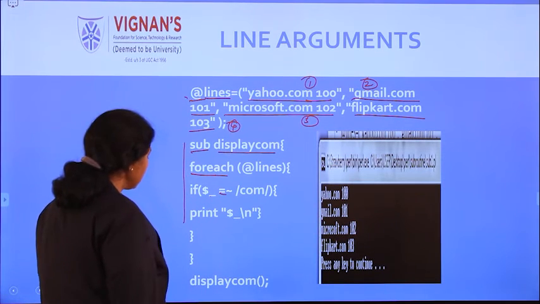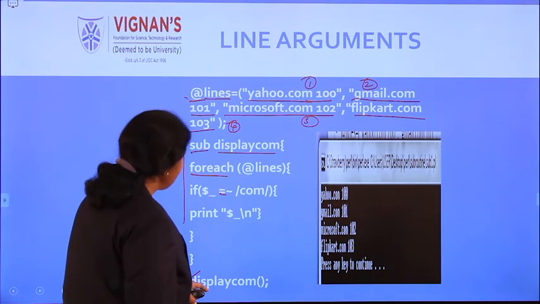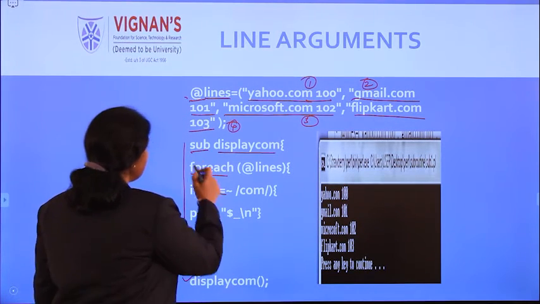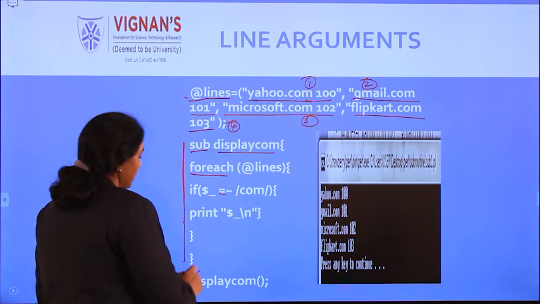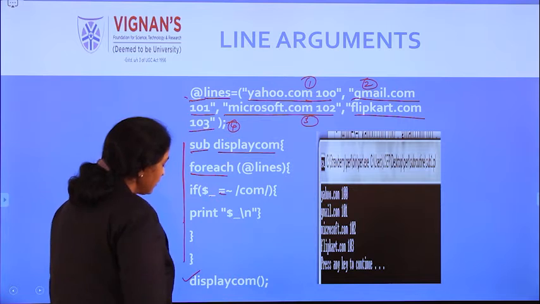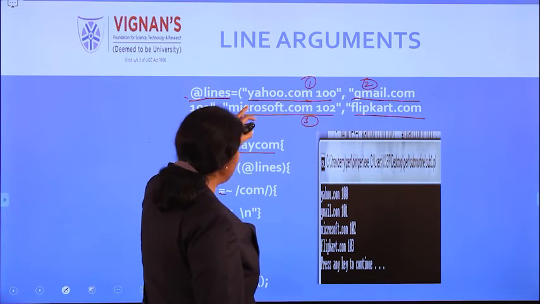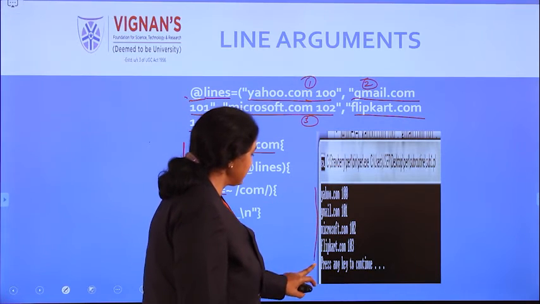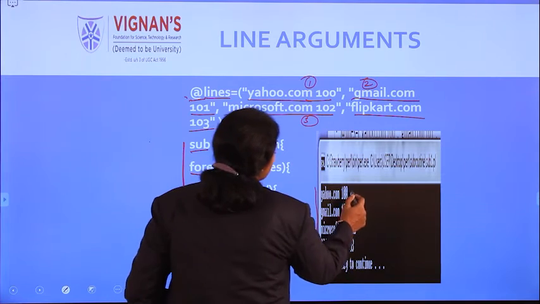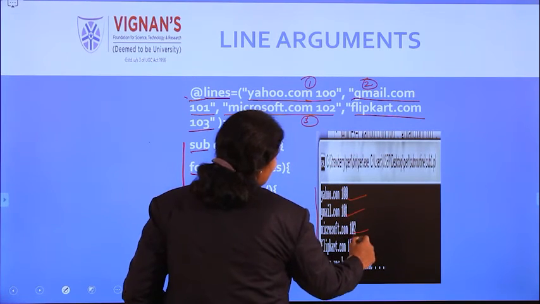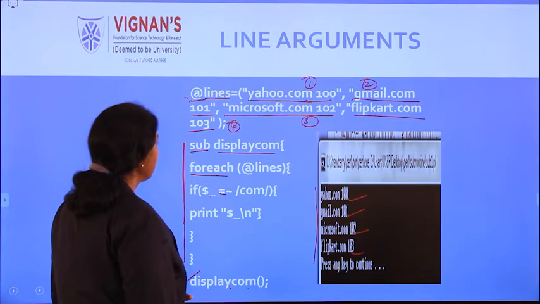So now if you call the function display com, this is the function definition, there we are simply printing. And see now what is to be printed, display.com consisting of all the parameters, simply we are printing all the parameters. It is having how many? 4. So Yahoo, Gmail, Microsoft and Flipkart. So this is the way how you can execute.